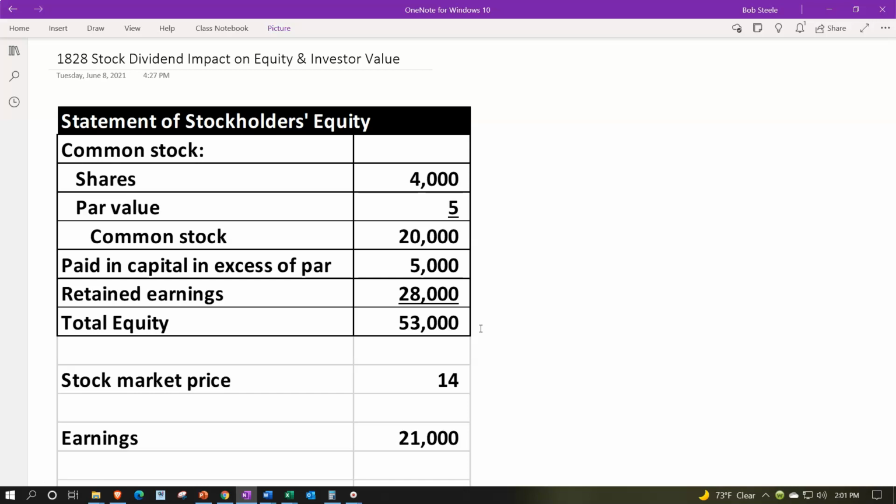With regards to a corporation, we break them out by category because we have these chunks of ownership, those being the stocks. So we have these categories that look like this. We've got the common stock at 4,000 shares in this case, and we have $5 par value. The par value does not represent the amount that we issued the stock for or the market price. It's an arbitrary number, making a nice even relationship between the common stock and the shares. Everything that we issued it for over and above the par value is then in the paid in capital in excess of par. Therefore, the 20 and the 5 represent basically the owner's investment into the company,